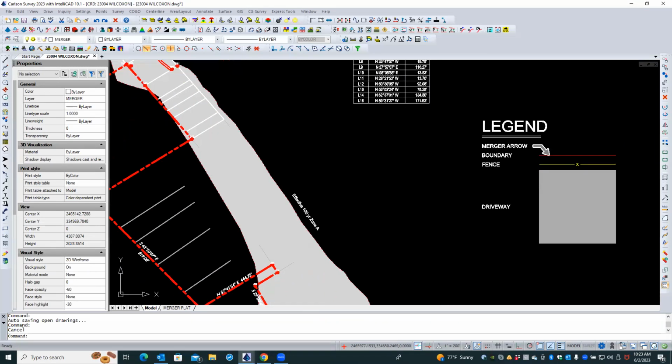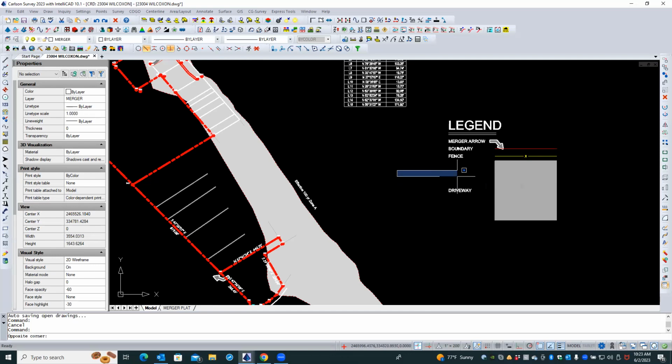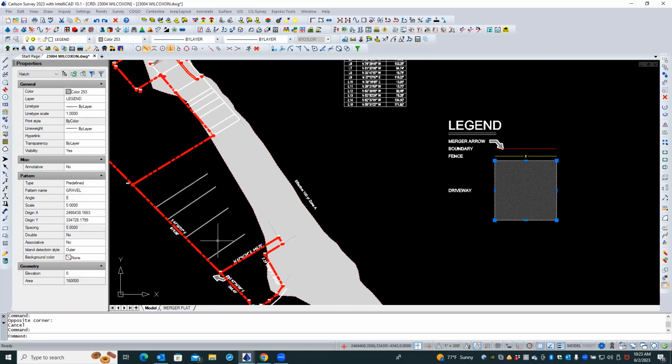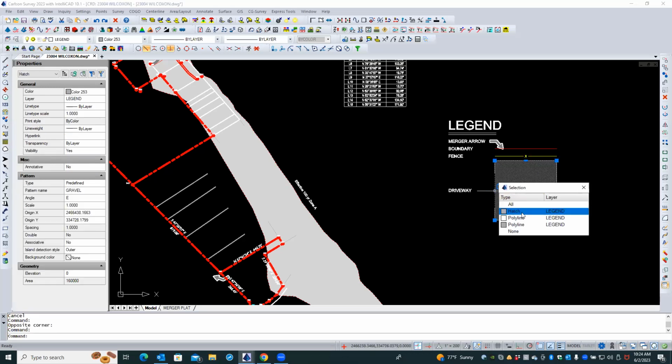All right, so we've got it showing up. Looks like your driveway is a pretty good size. Yeah, it's probably too big. What size should it be? Well, you could change that if you'd like, make it just one. All right, so that's actually okay because it's a hatch. So if you've got this hatch,